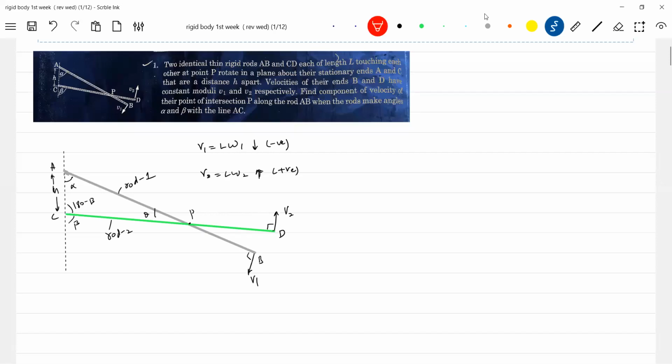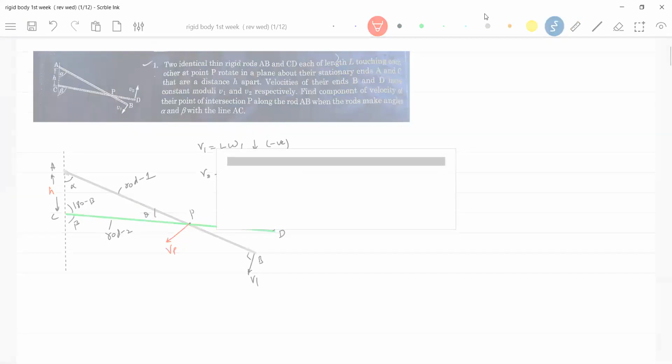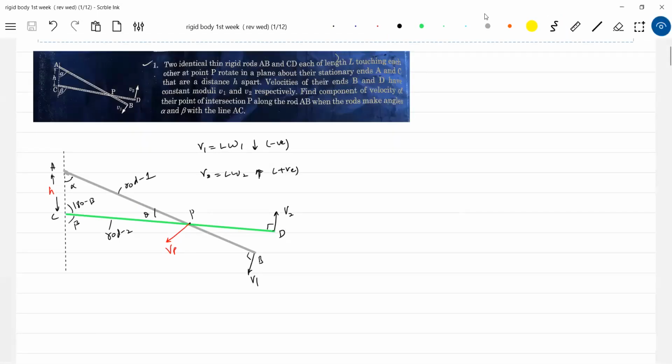Somewhere I'm making a guess of it. The velocity of point P is somewhere like this, Vp. I think it's better you look at the triangle APC; from that you can easily get the unknown thing. What should be our approach? Just look at this particular triangle. From this triangle only, we can get it. The question is asking the velocity of the point of intersection along rod one.